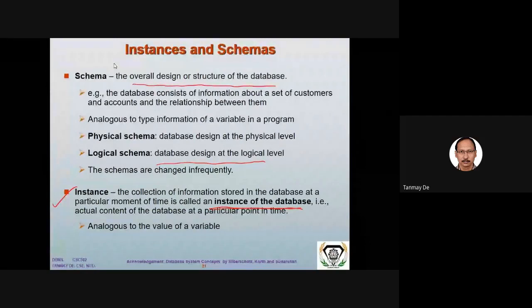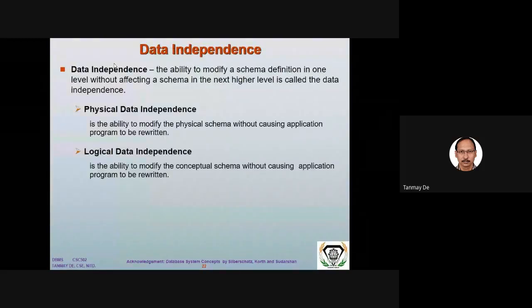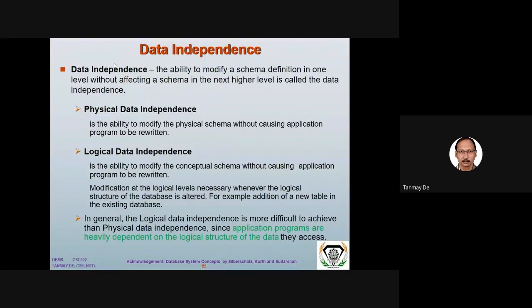But later, at a particular moment of time, the value of x may be 5 or any integer value. That value is the instance, and the type definition, int x, is the schema. In case of a database also, the overall structure